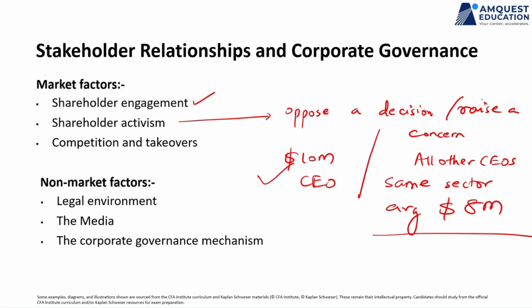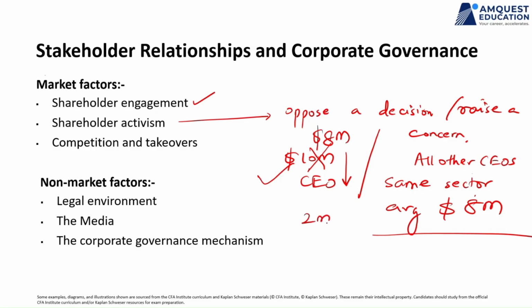Second, the company listens to the shareholder, maybe appoints an HR consultancy firm and asks the HR consultancy firm to present a detailed report on whether this is valid. Are we offering more than the market? And if there is no reason to offer more, make a correction, make a course correction, revise this to $8 million and showcase to the shareholders that we are in sync and we are working towards your benefit.